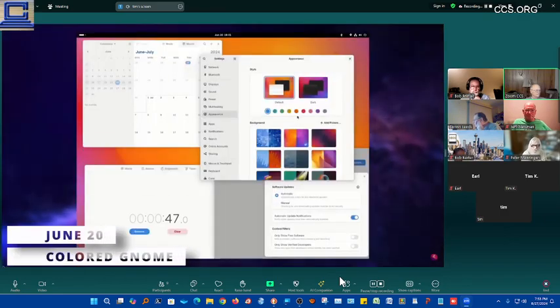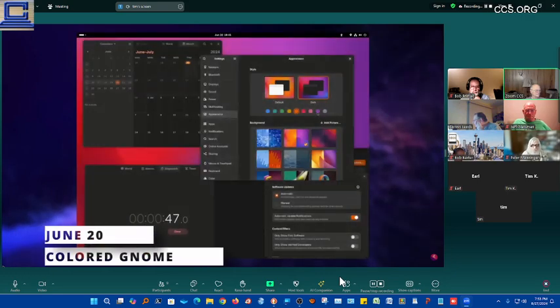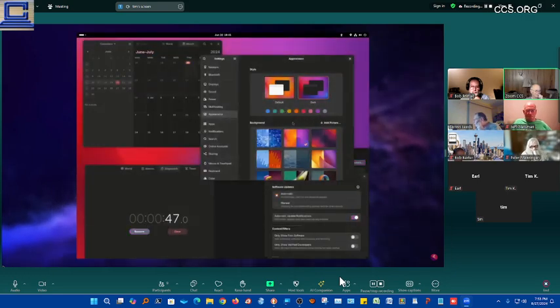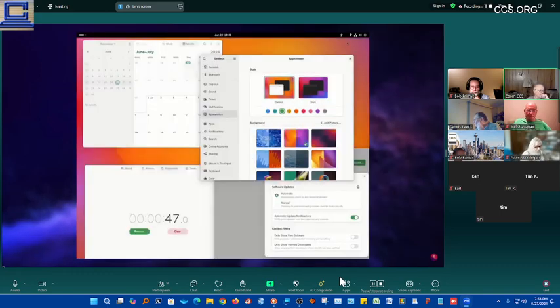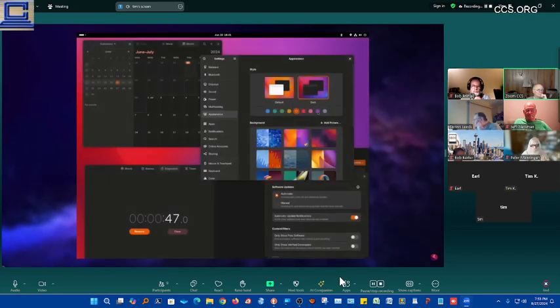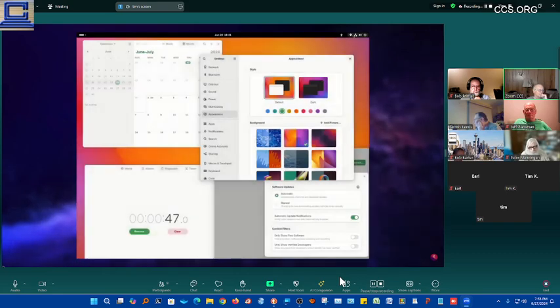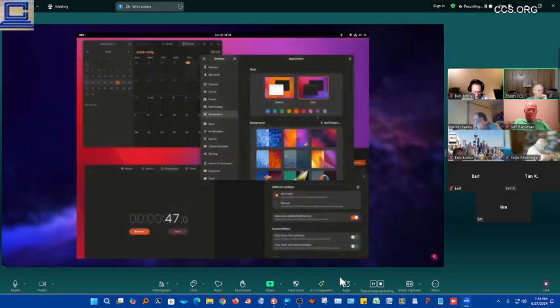So, good stuff is coming to GNOME 47. First, accent color support has now been merged, using the accent color property of the desktop portals, just like Plasma, Elementary OS, and other desktops. In the Appearance tab of GNOME settings, you will be able to set an accent color, which will apply to the GNOME shell and to libadwaita apps as well. So technically, you could run KDE and use GNOME apps, and they would at least follow your accent color. Or you could run GNOME and use KDE apps, and they would use the right color as well, which is